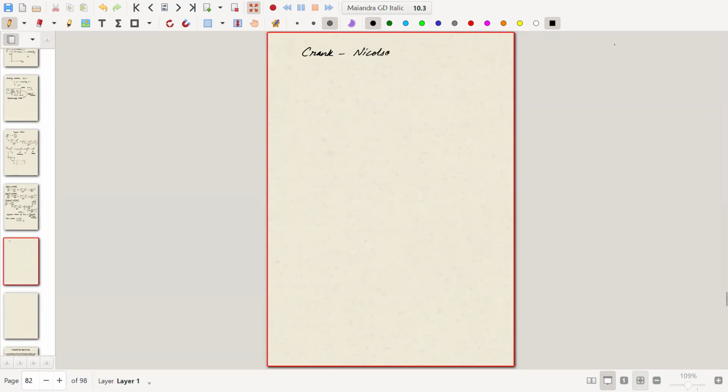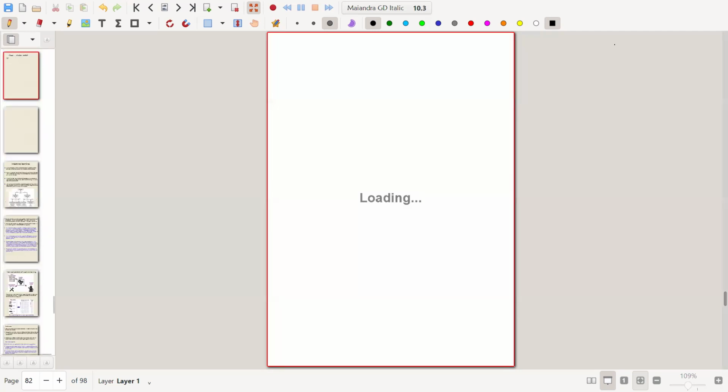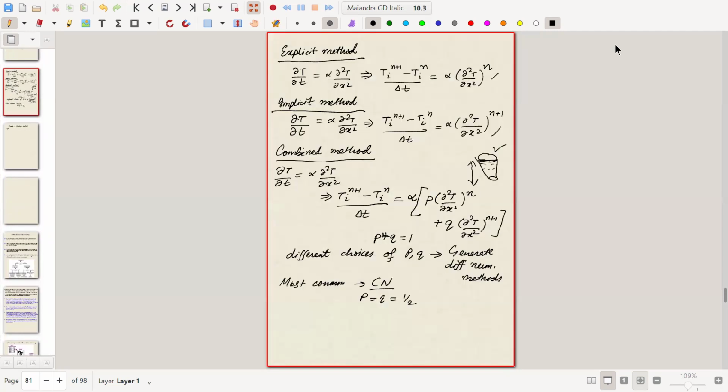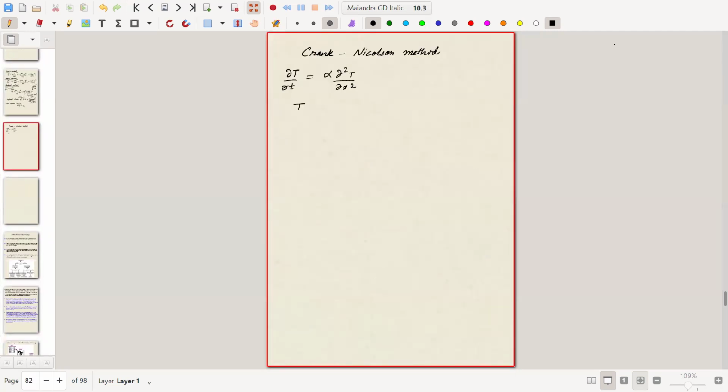I just want to write the formulation for this. How will it look, can anyone say? So, del u by del t equals alpha times del squared u by del x squared. We have this equation. Can we apply the finite difference to it? Phi i n plus 1 minus phi i n by delta t equals alpha times 1 by 2 over